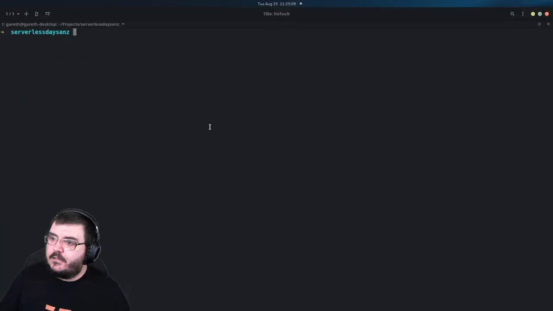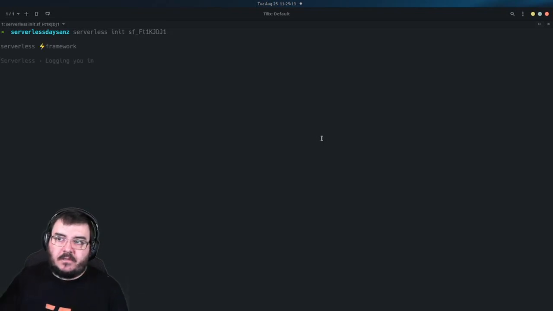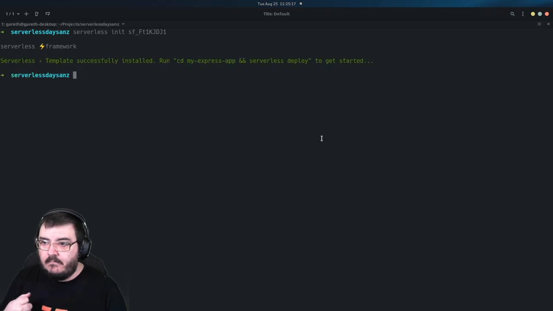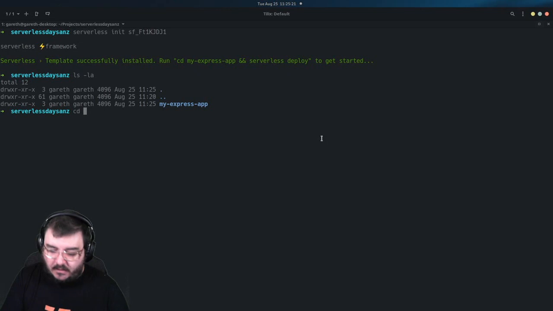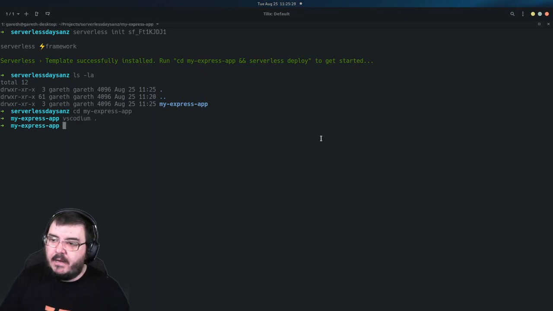And then I'm going to go to my terminal and just run that command. It's going to essentially pull the Express component down for me to start using it and building on it, and pre-initialize it with some settings for me. So if I just take a look, I can see I've got my Express app here that I created. I could have changed the name when I initialized it, but let's just keep things simple. And I can now go ahead and open up my editor